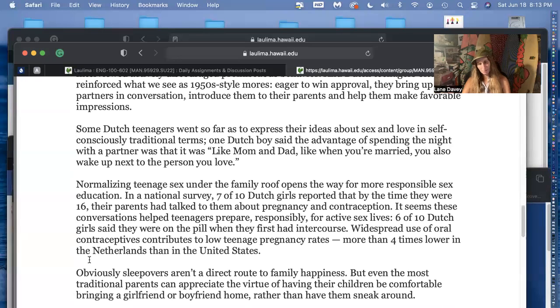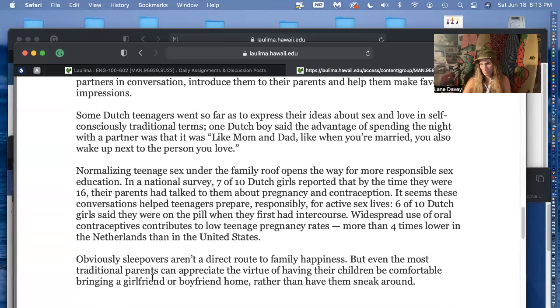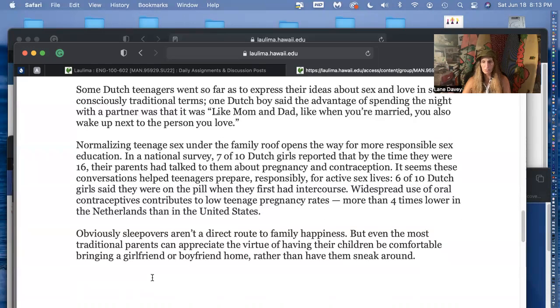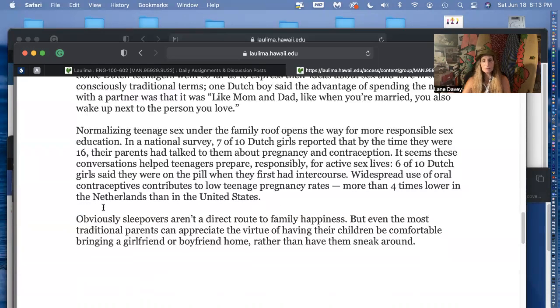Your op-ed shouldn't have citations. You should be pulling from your resources, but making the argument your own. So yeah, you don't see citations in here. You're kind of telling a story to some degree. And it doesn't really go into detail, like, is it okay to just have the boyfriend over, or how long do you have to date the boyfriend or the girlfriend before you can bring them to the house, right? Or is it just, you met the guy at the club and bring him over every night, a different guy every night?